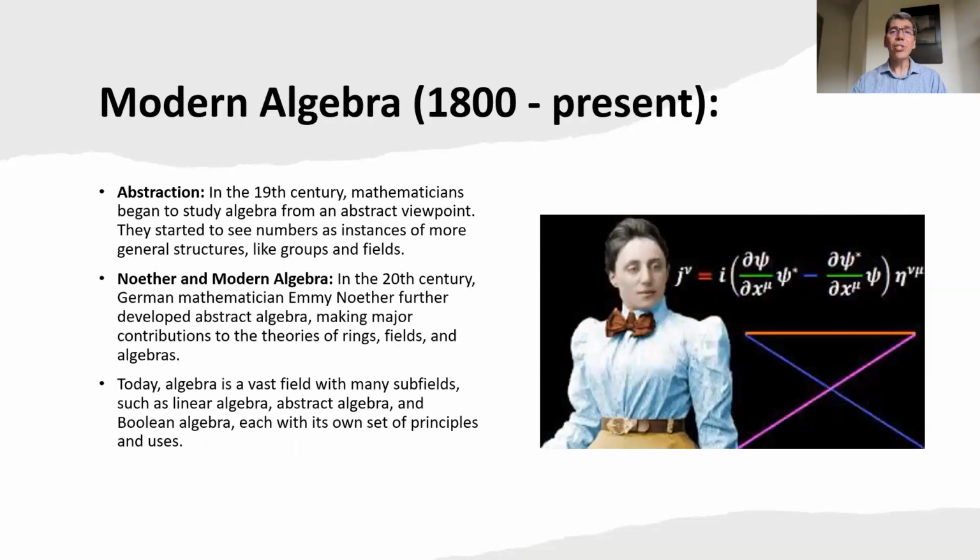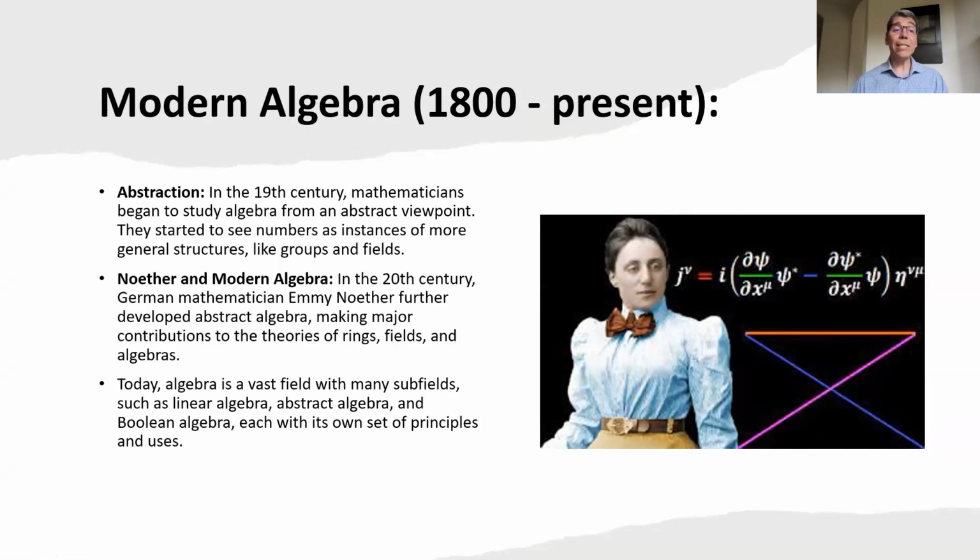All right, so from there, we get into what we call modern algebra. In modern algebra, there was a woman, Emmy Noether, a German mathematician, who developed abstract algebra. A lot of the notation we use nowadays came from her, and also from other mathematicians. Euler is another very influential mathematician in this time frame. This is where we have the modern approach to algebra.